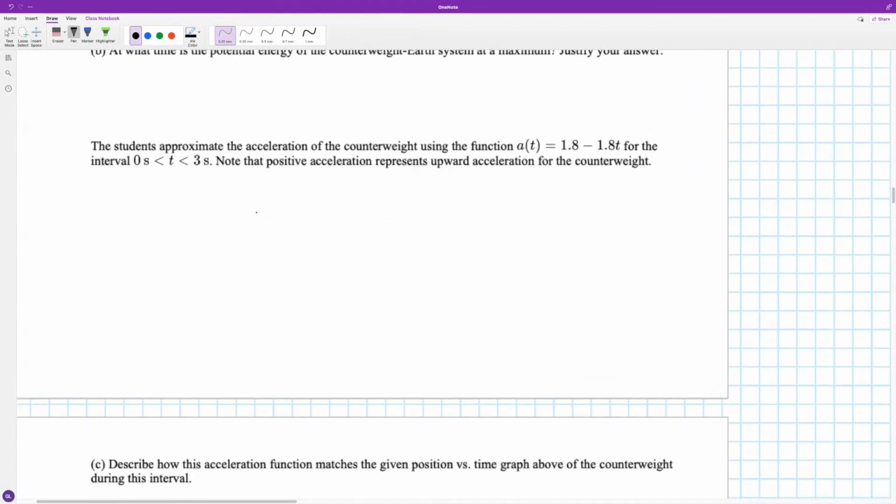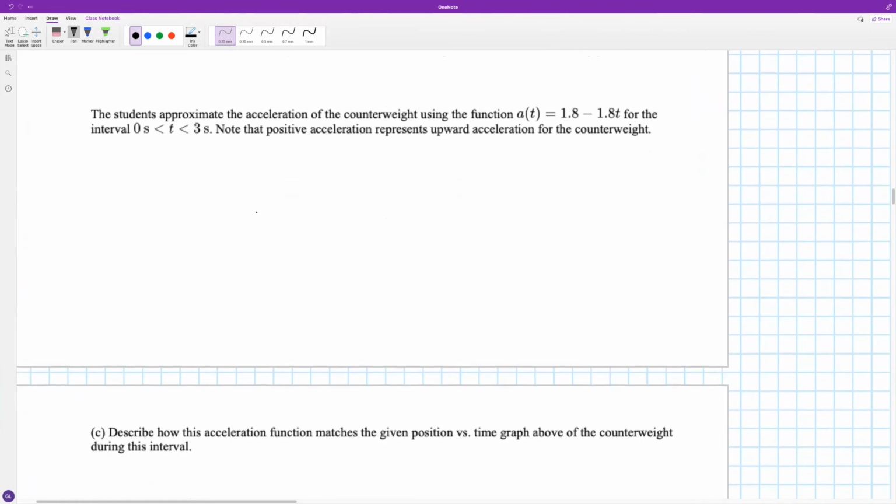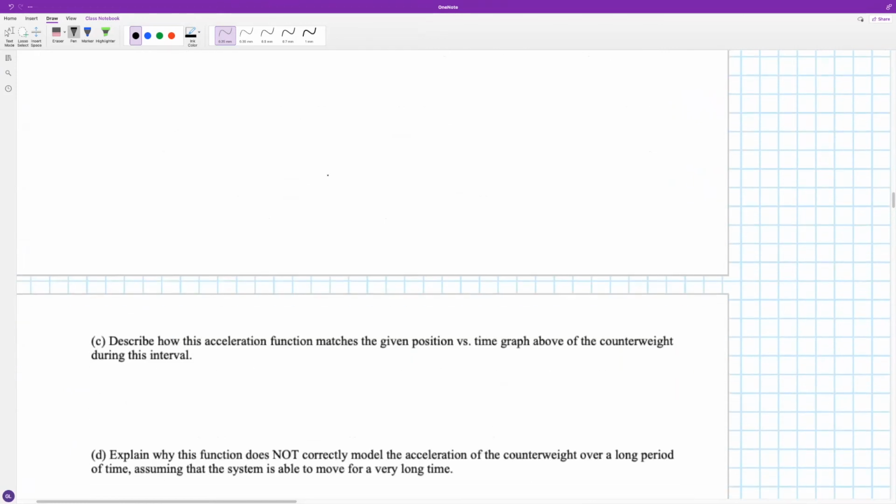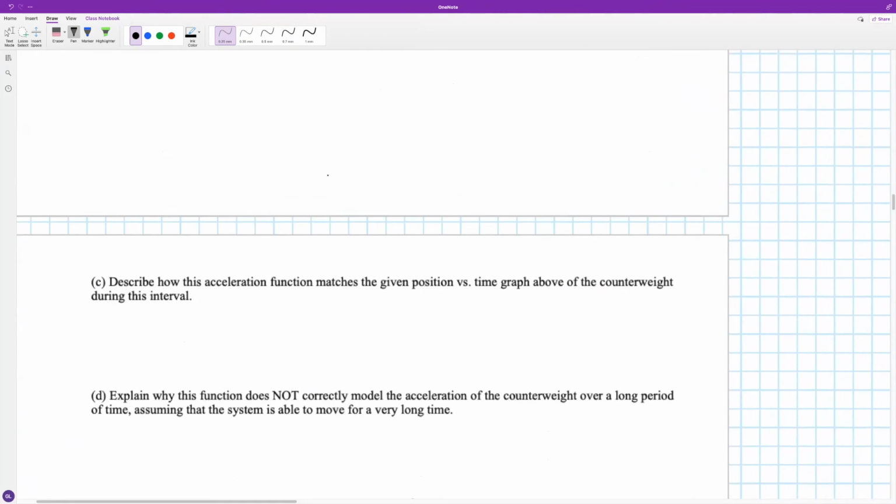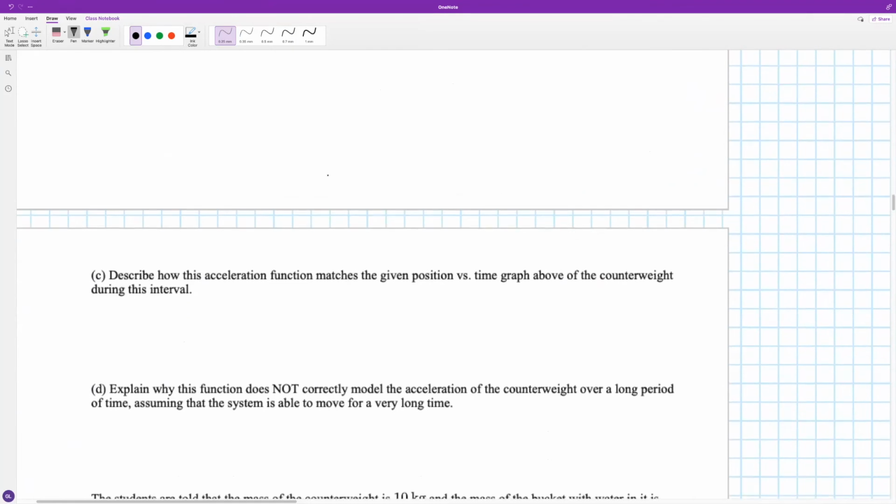The students approximate the acceleration of the counterweight using the function a of t is given by 1.8 minus 1.8t for an interval of t greater than 0 and less than 3 seconds. Note that positive acceleration represents upward acceleration for the counterweight. So does this acceleration function match, or sorry,